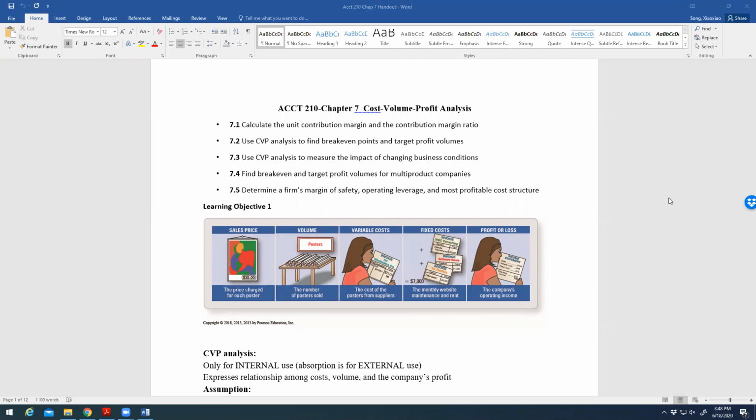In this chapter, we will start talking about chapter 7, cost, volume, profit analysis. So first, I want to say congratulations. You will say congratulations what, right? I want to say congratulations because from this chapter, I think we move more to the managerial accounting part instead